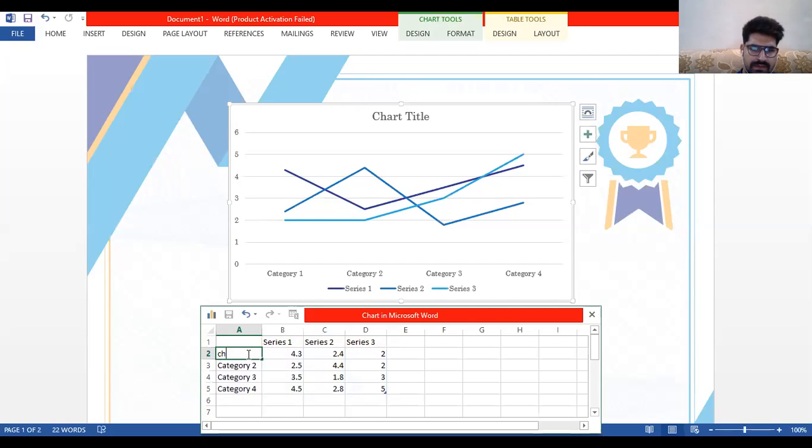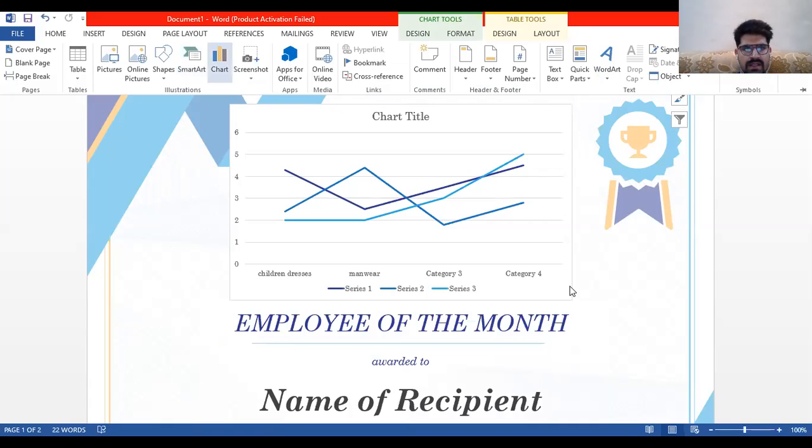So children dresses, the category menswear, and others. So you can easily see that the chart is updated with what I have written in the children. So easily you can, in series one, write down your numbers or sales. So it's very good. You can use the charts